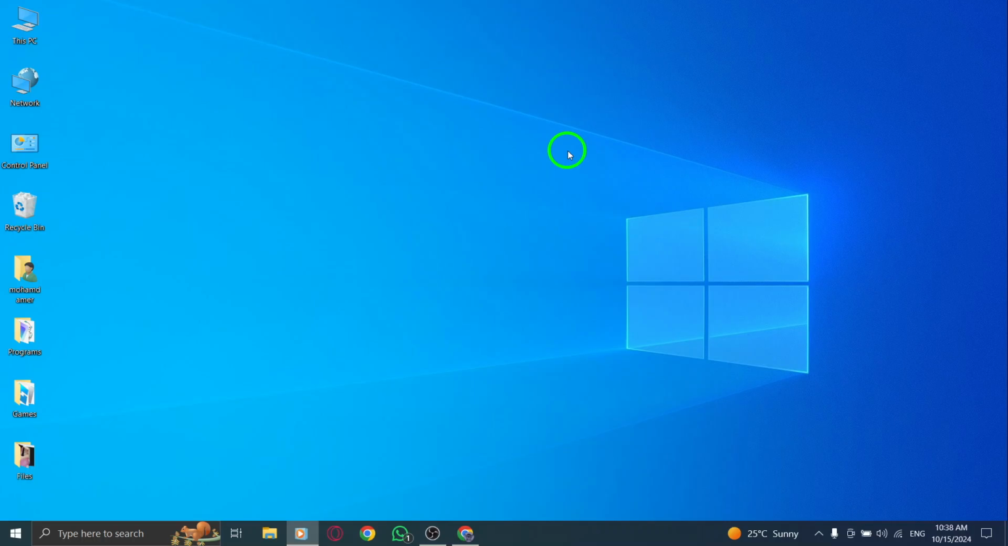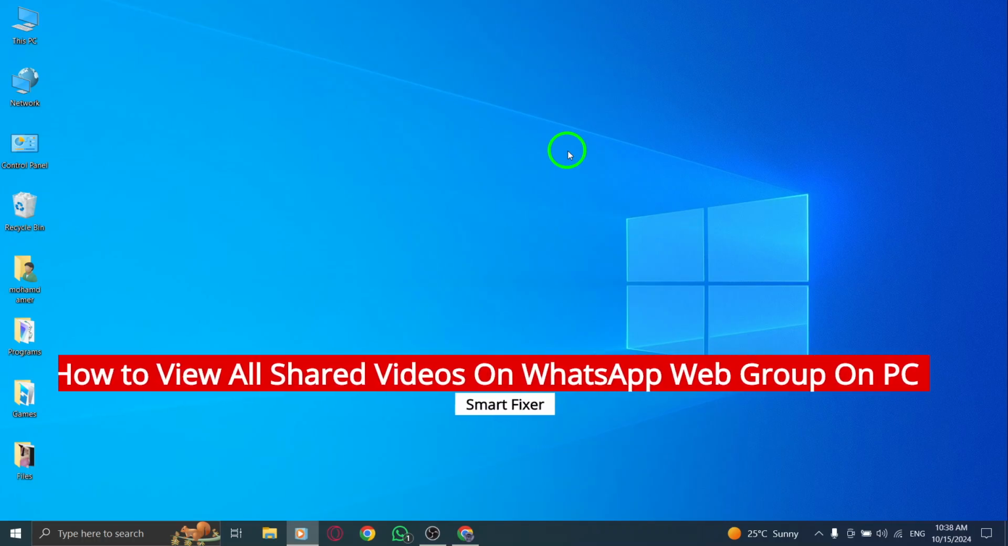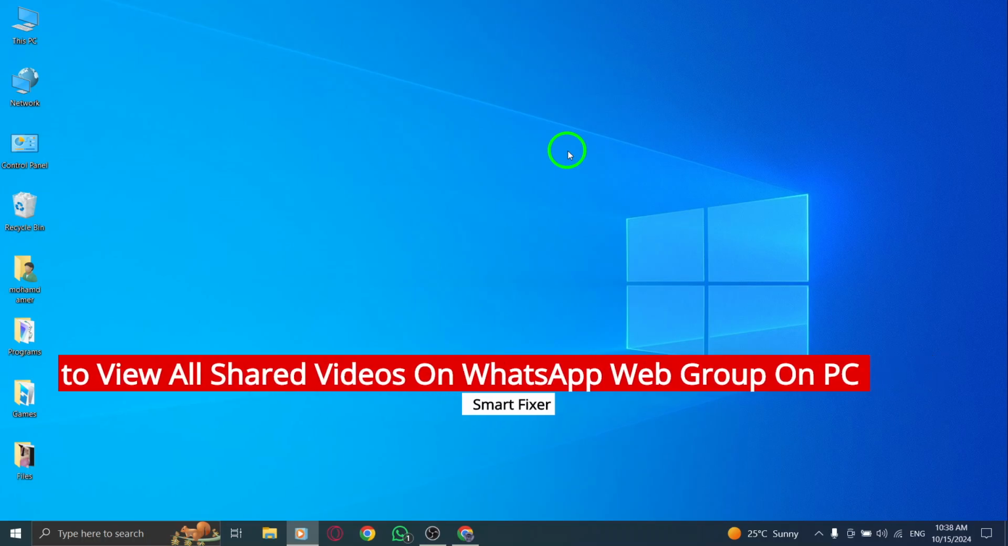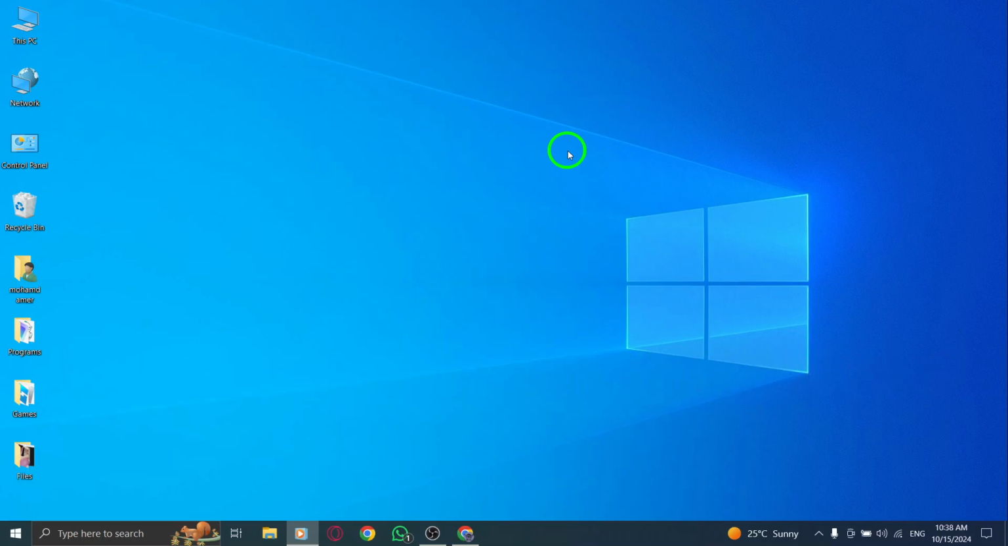Welcome. Today, we're going to explore how to view all the shared videos in a WhatsApp group on your PC using WhatsApp Web. With the latest update, finding videos shared within your groups has become much easier. Whether you want to revisit a funny clip or check out an important video, I'll guide you through the steps